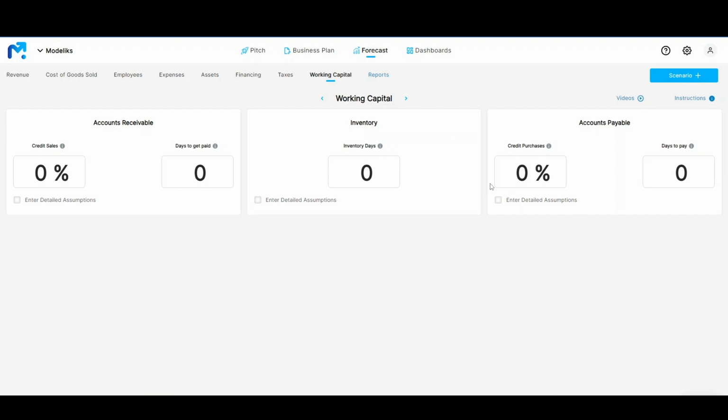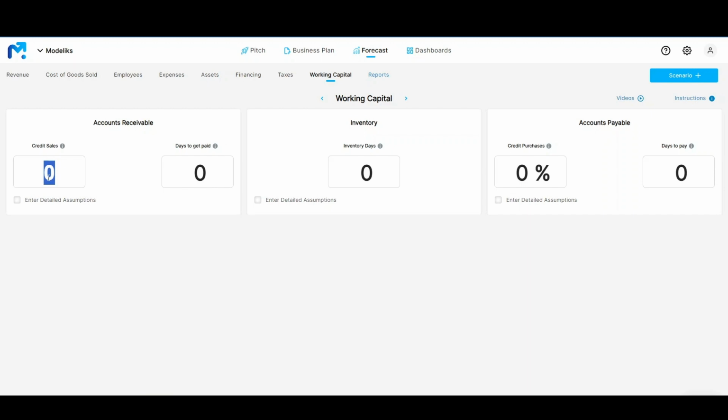The easiest way to input is in these 5 large fields. Let's start with accounts receivable. As mentioned, this is money owed to you by your customers. First input is the percentage of credit sales, which means which percentage of your customers pay you only after the service or product sale happened. Let's assume you manage to collect most revenues directly and only 25% of your sales happen